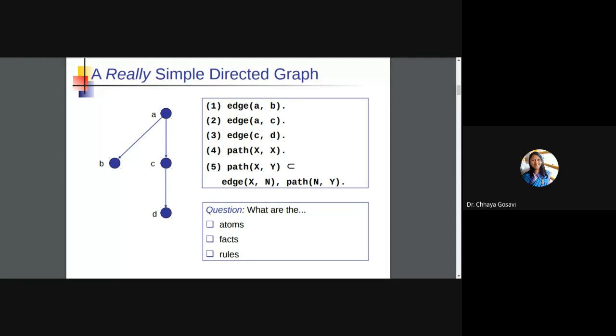We are going to expand on this, and you'll see this example on the next slides also. Can you solve this example for B to D? If I ask you, is there a path from B comma D, if the query is path B comma D? Actually, the direction of arrows matters, because there is no path from B to A, there is a path from A to B. If you ask whether there is a path from A to D, you should get the answer true. How will this be solved?